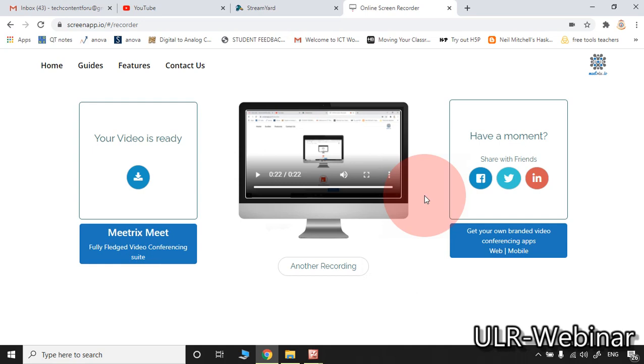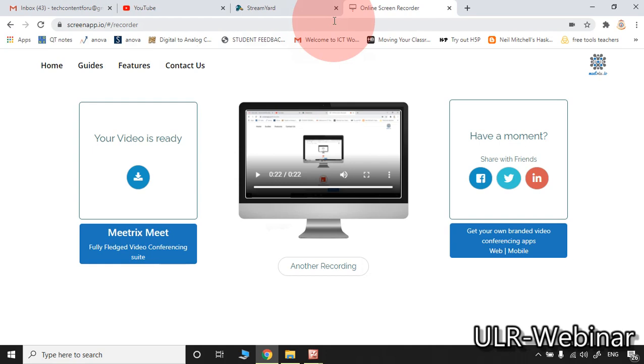Such type of features are not available. Without downloading any extension also, simply you can prepare your lecture recording by using this particular website, screenapp.io.